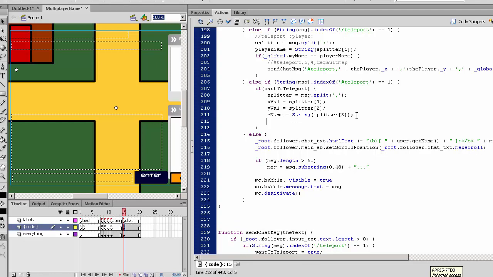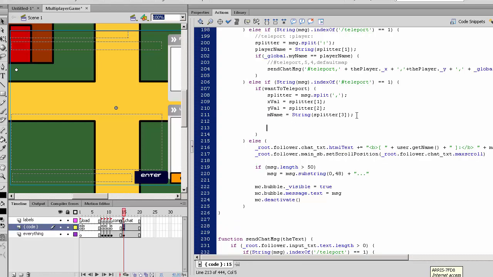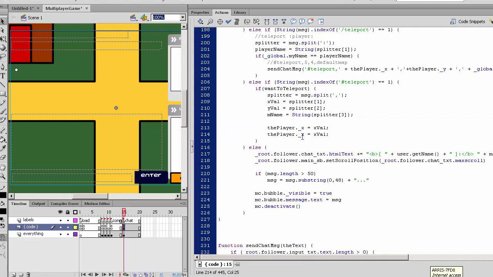Then we say the player.X, which is whoever wants to teleport alone, so it will work for anyone else. So the player.X is equal to X val, or the X value. The player.Y will be equal to the Y value,